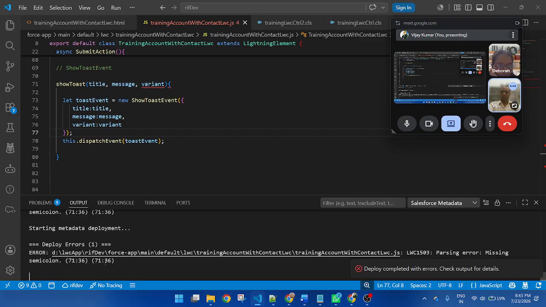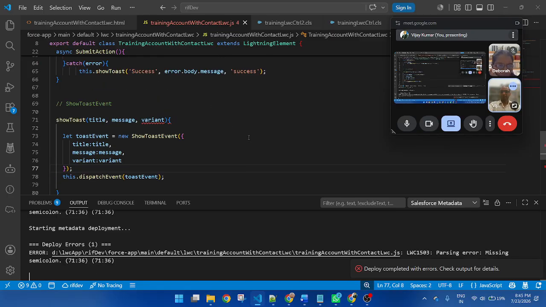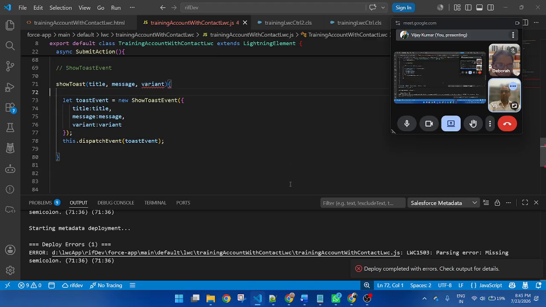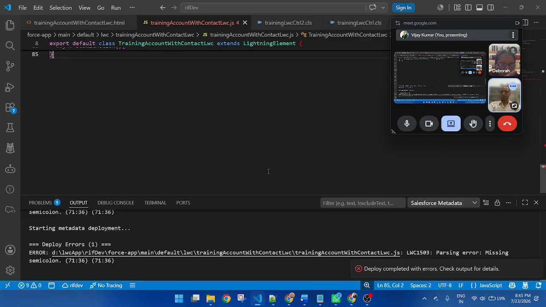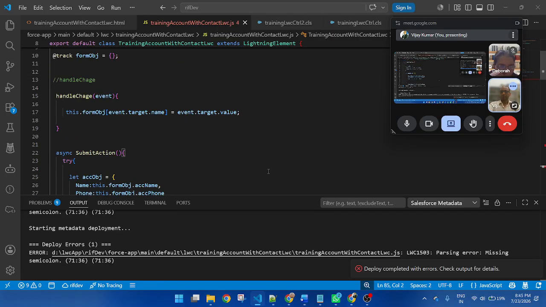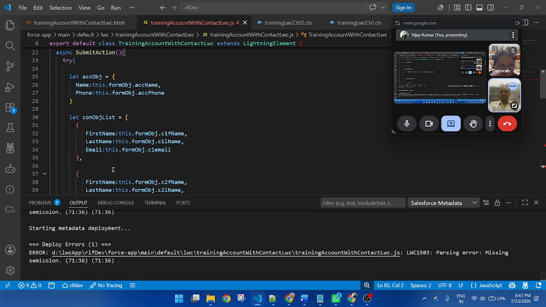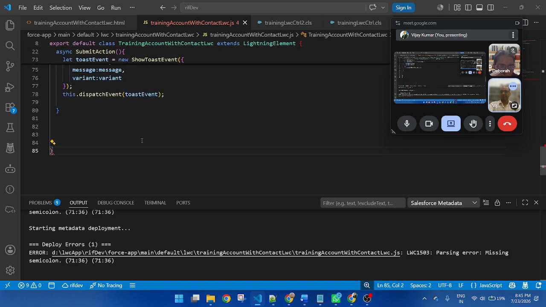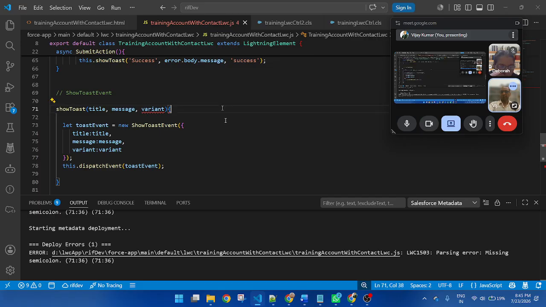Missing semicolon. This is an export method. End of the export method.